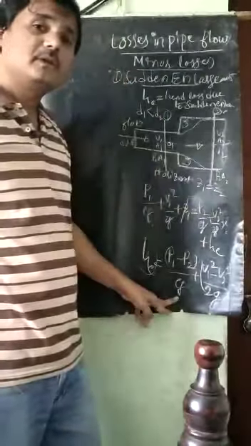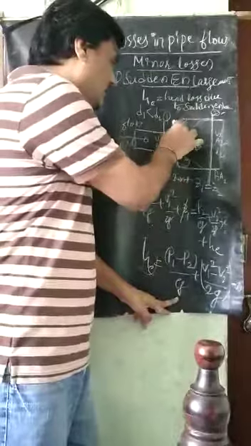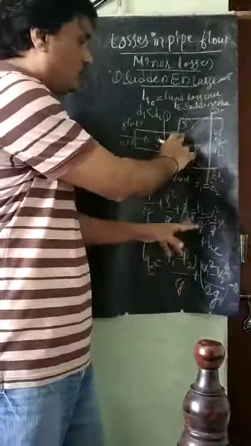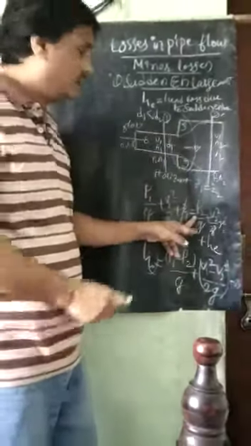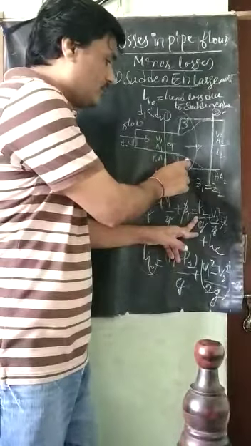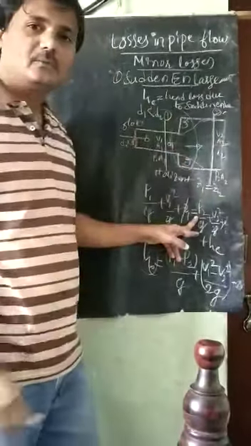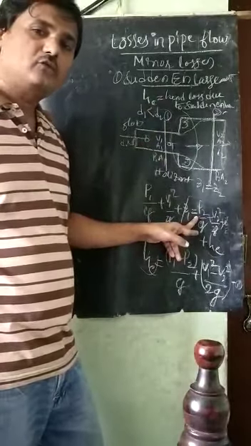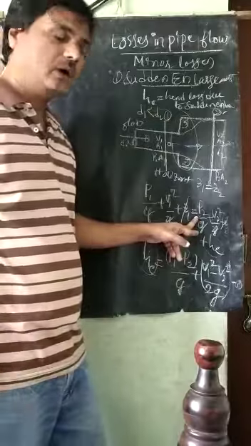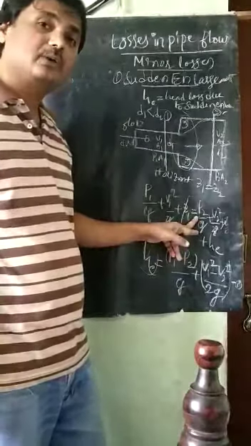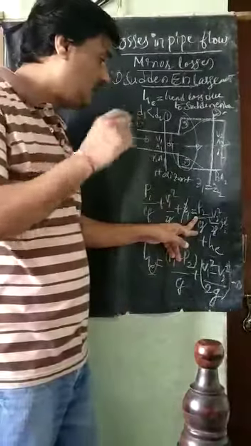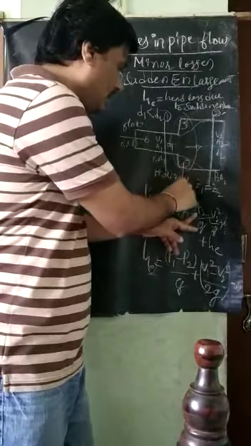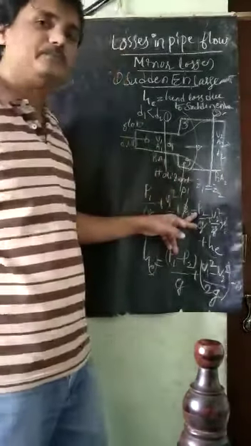But what happens here now? When the flow suddenly enlarges at this zone, definitely there will be a loss of some pressure head. Some head loss will take place here. How has that to be accounted for, against the adverse pressure gradient? It is accounted for experimentally, by P dash.